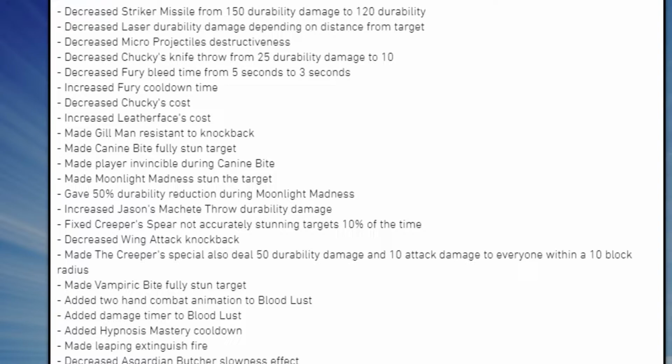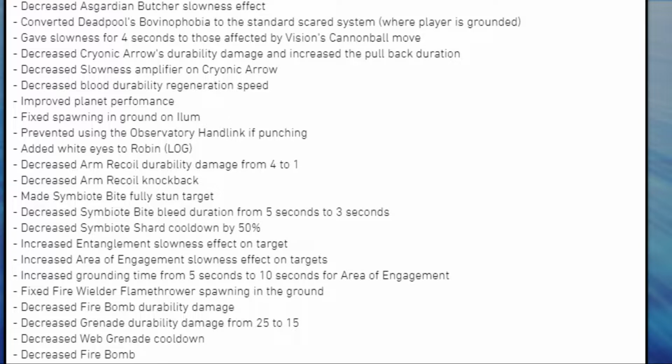reduction during Moonlight Madness, increased Jason's machete throw durability damage, fixed Creeper's Spear not accurately stunning targets 10% of the time, decreased wing attack knockback, made the Creeper special also deal 50 durability damage and 10 attack damage to everyone within a 10 block radius, made Vampiric Bite fully stun target, added 2-hand combat animation to Bloodlust, added damage timer to Bloodlust, added Hypnosis Mastery cooldown, made Leaping extinguish fire, decreased Asgardian Butcher slowness effect, converted Deadpool's Bovinphobia to the